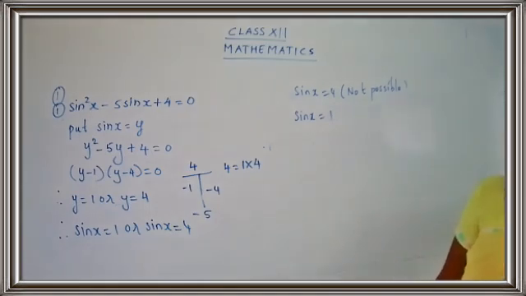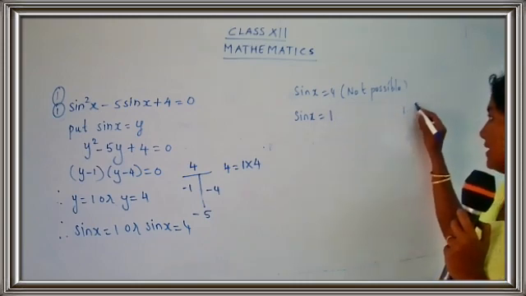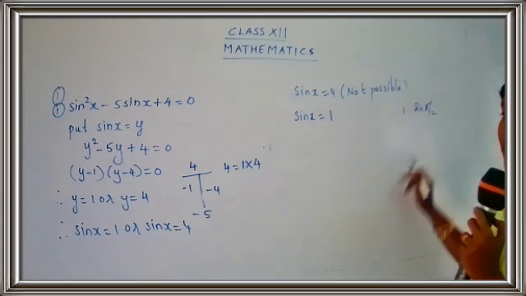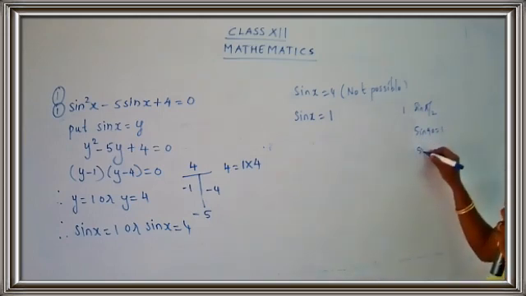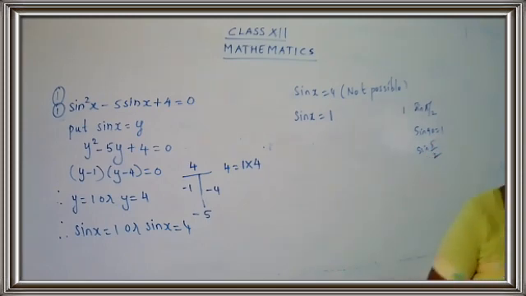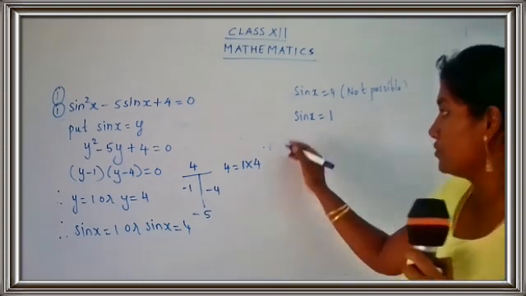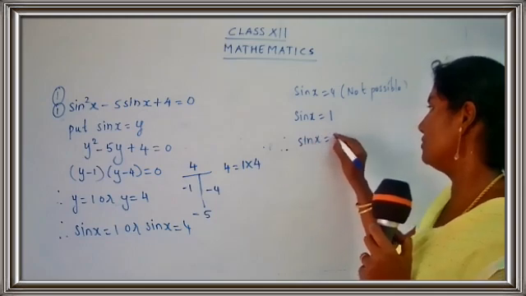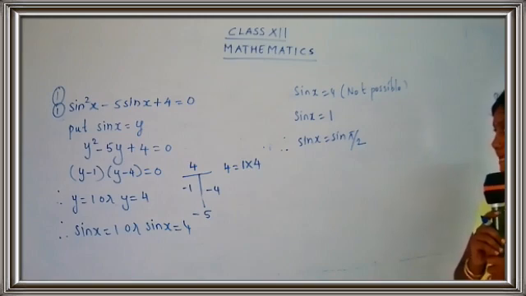The sum is not stopped over here. We have some more work here. So the 1 will be written as, what is the value for 1, children? It's sine of pi by 2. Sine 90 is equal to 1, yes? Sine of 90 is 1. So I'm going to write it as sine of pi by 2. What is the value for 90? You can write it as pi by 2. 180 by 2 gives you 90. So let me write down: sin x is equal to sine of pi by 2. So the 1 is taken as sine of pi by 2.